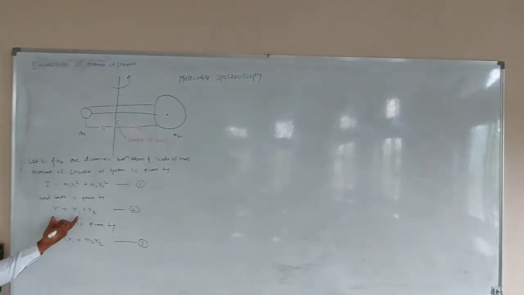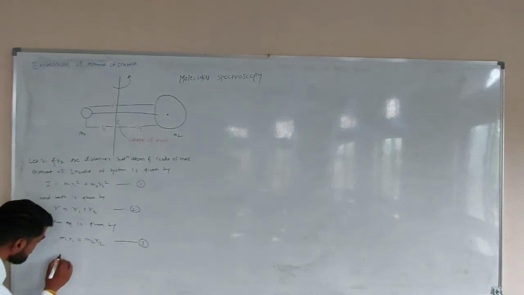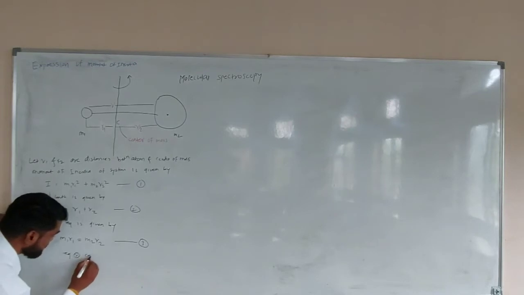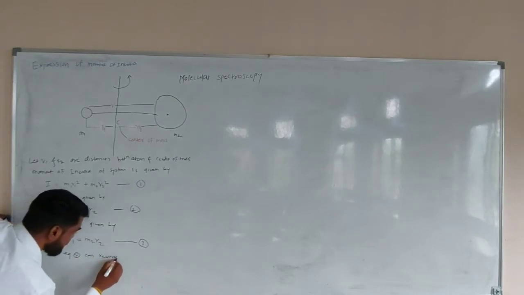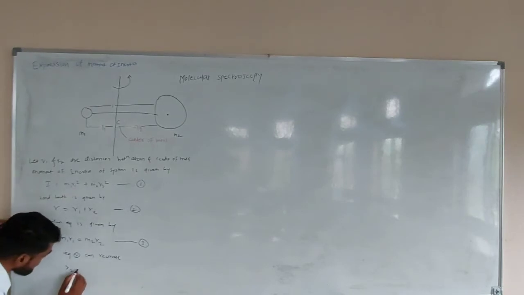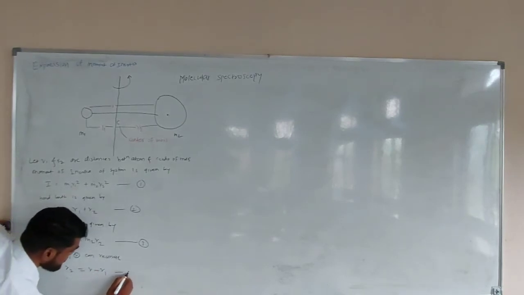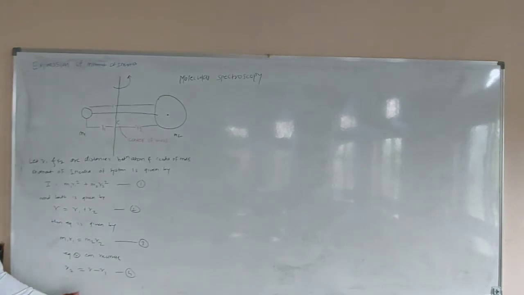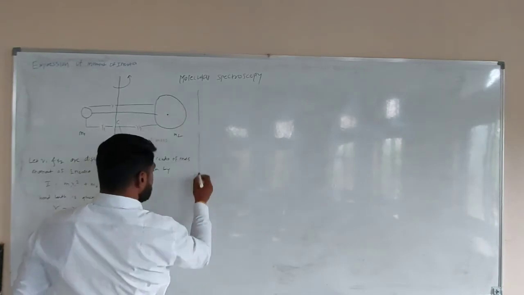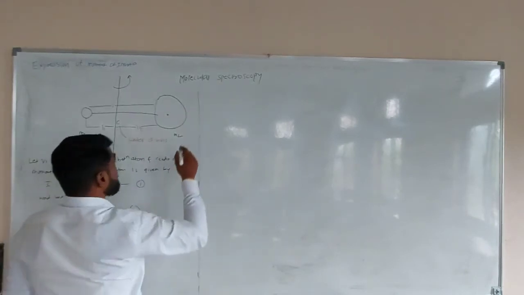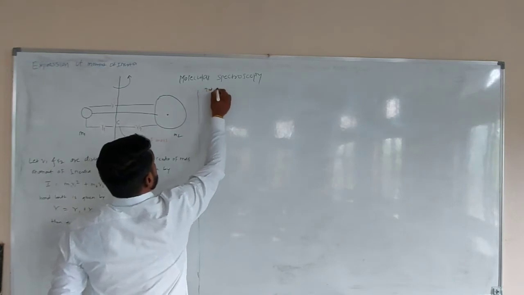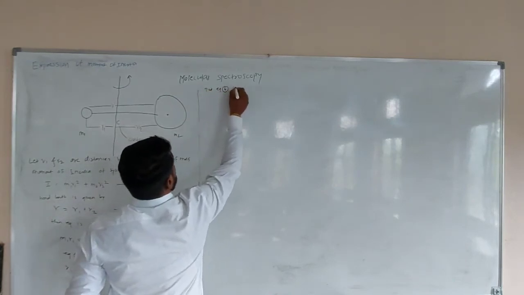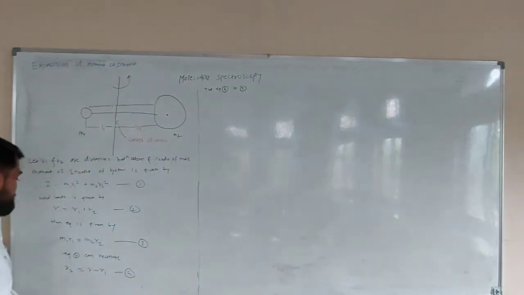Now rearrange the equation of bond length, that is equation number 2. Equation 2 can be rearranged, then r2 is equal to R minus r1. This is equation number 4. Simply, r1 can be shifted to the left hand side, then the value of r2 is equal to R minus r1. Now put equation number 4 in 3.